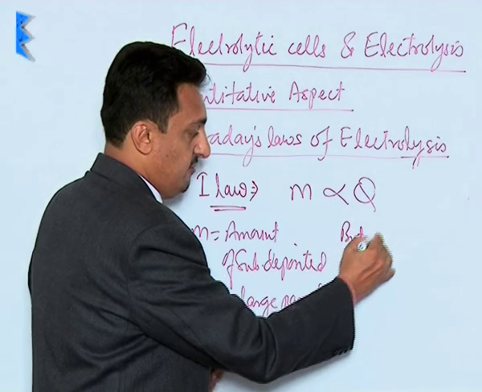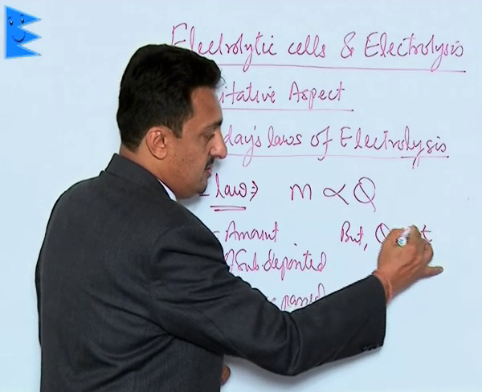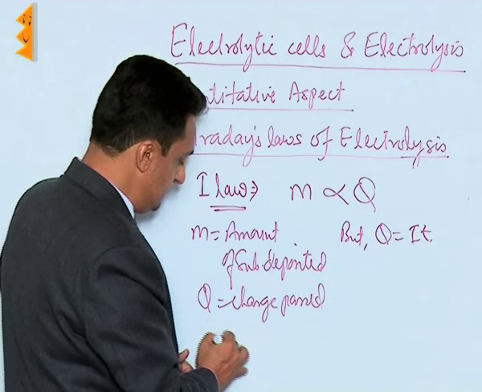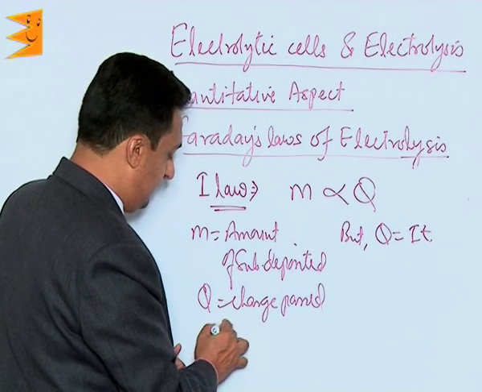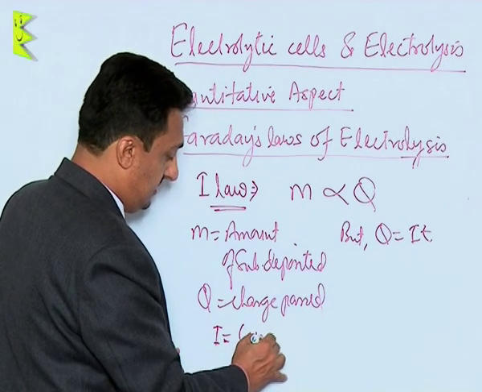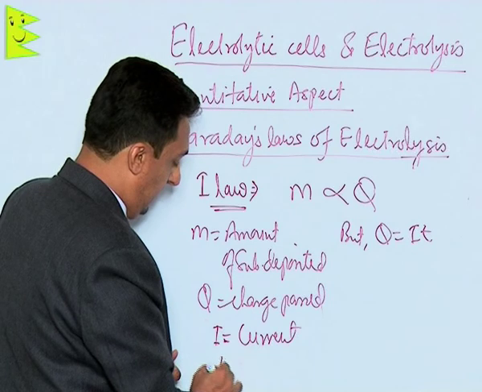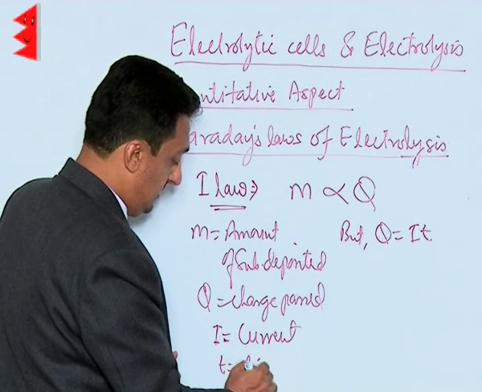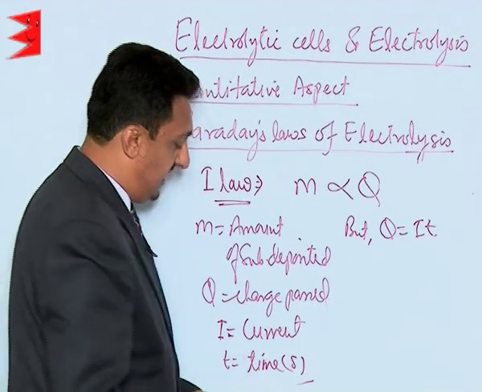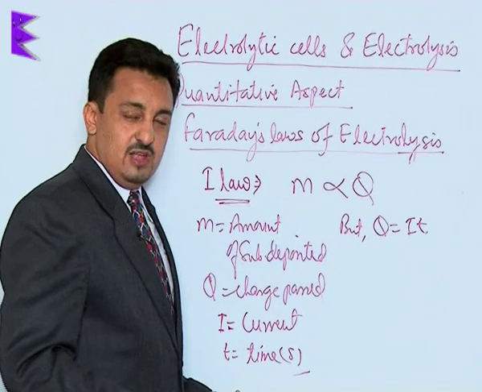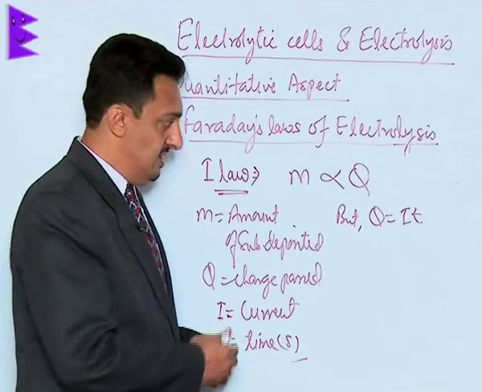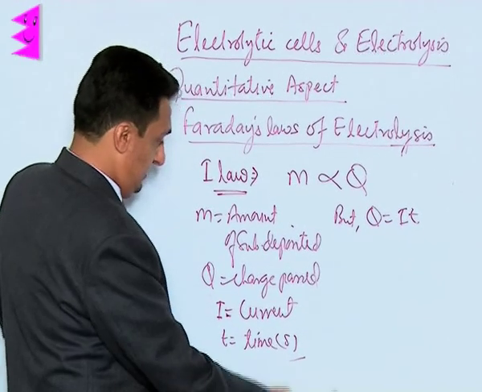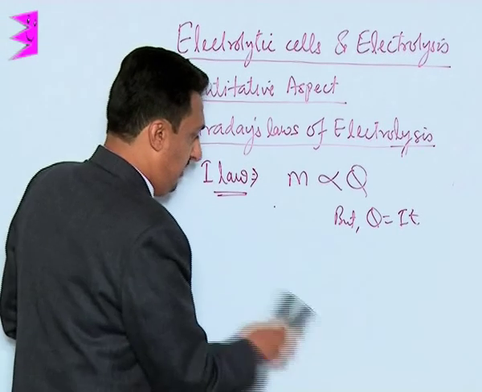But we know Q is always equal to I T, where I is current and T is time in seconds. Always Q is equal to I T, we know this. So we can write this formula as